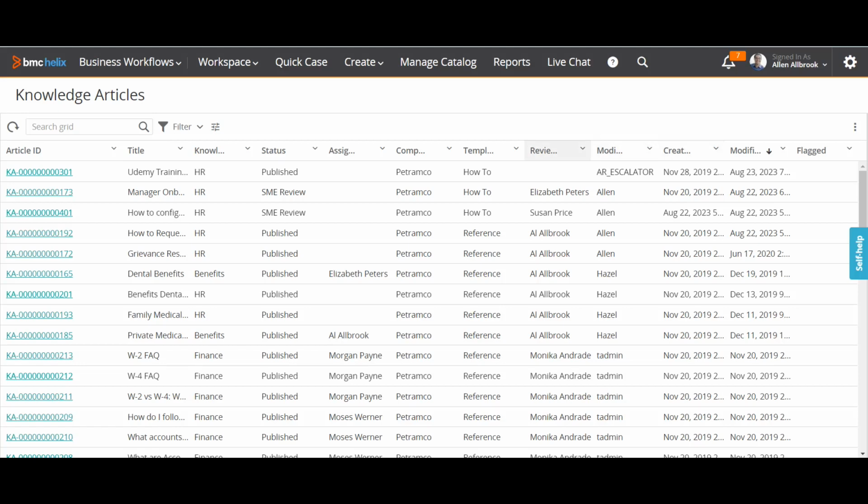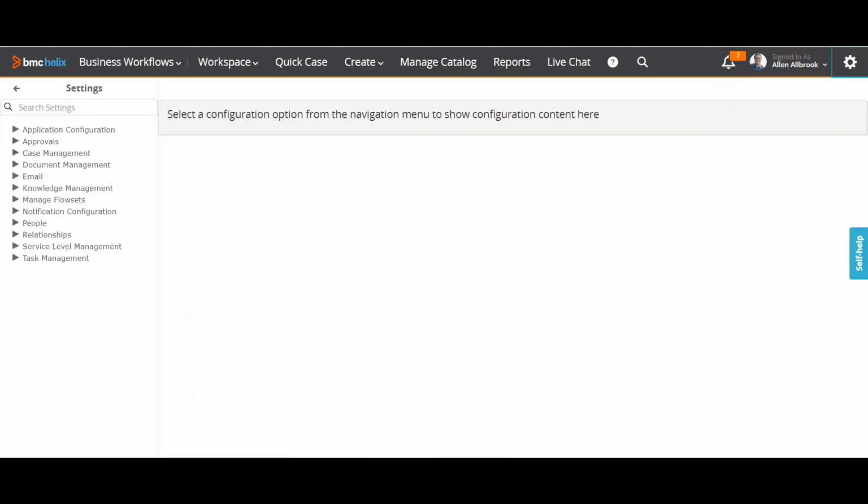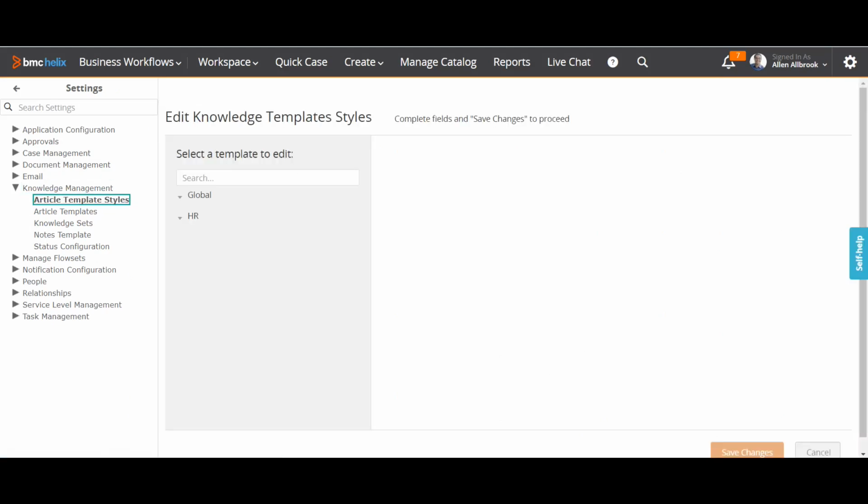Now, for the setting of this system also, knowledge article, first of all we will see that, and then we will go into the knowledge creation. So again, I will go to this setting console. So here, can you see there is a knowledge management. So if I go here, this is basically related to the knowledge management. So what I can do here, if I click on article styles,